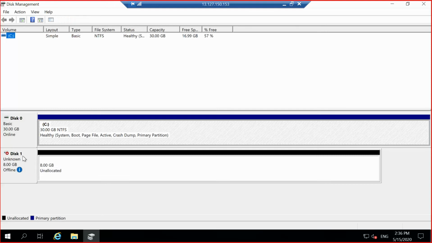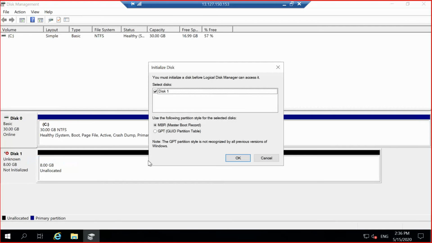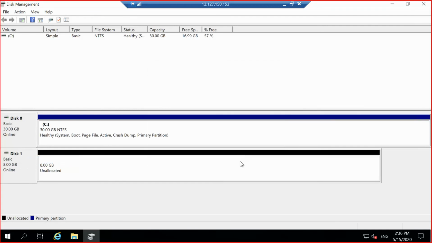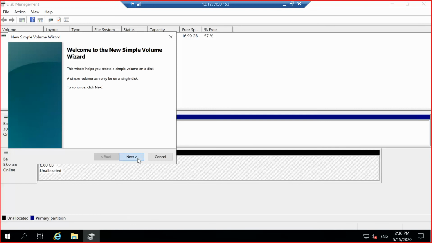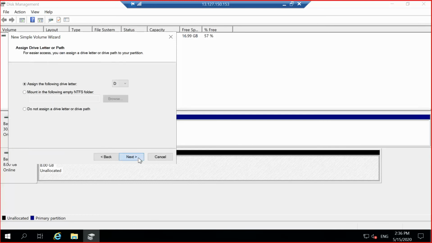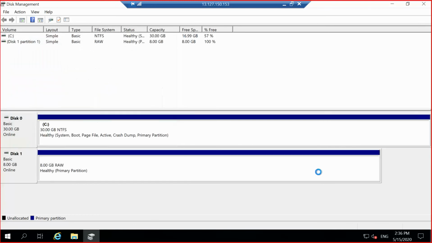So we have to bring it online. Then we need to initialize the disk, click OK. Then we need to create a volume. That's it. Now the D drive will be created. You can check this.